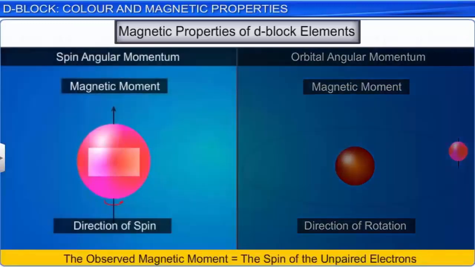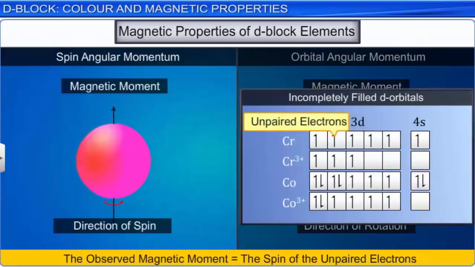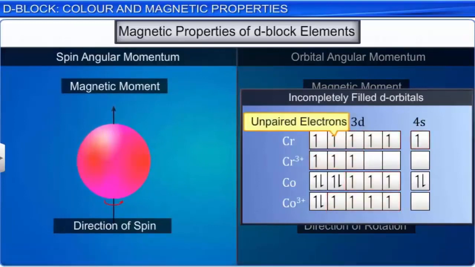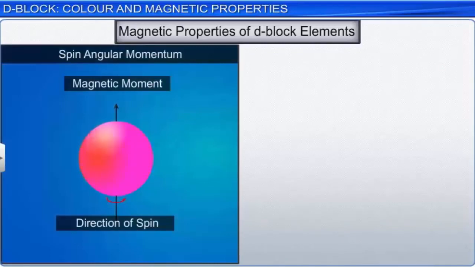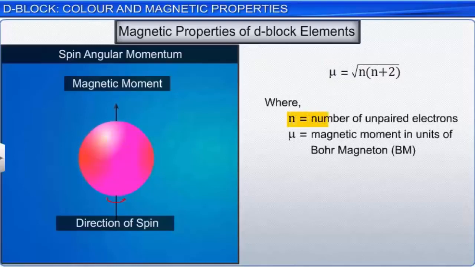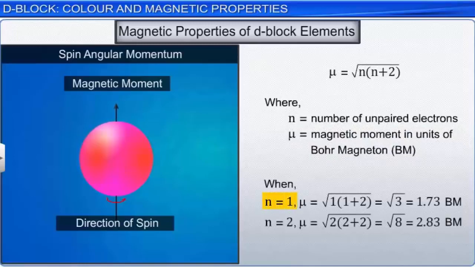Mu is equal to square root of n multiplied by n plus 2. Here, n is the number of unpaired electrons. When n is equal to 1, the magnetic moment is 1.73 Bohr magnetons, and when n is equal to 2, we get 2.83. In case of iron, cobalt and nickel, the unpaired electron spins are much pronounced. As a result, these elements are much more